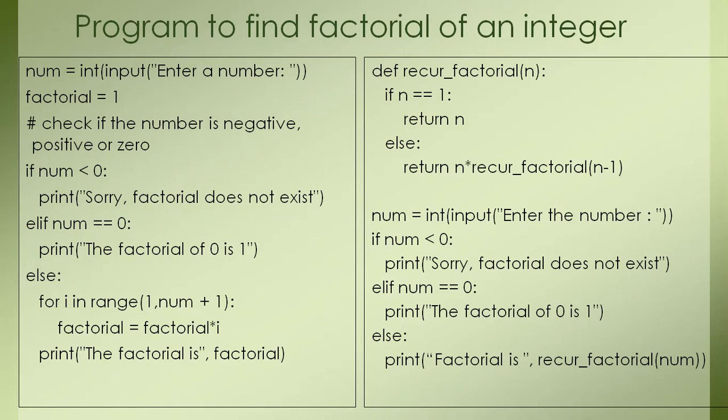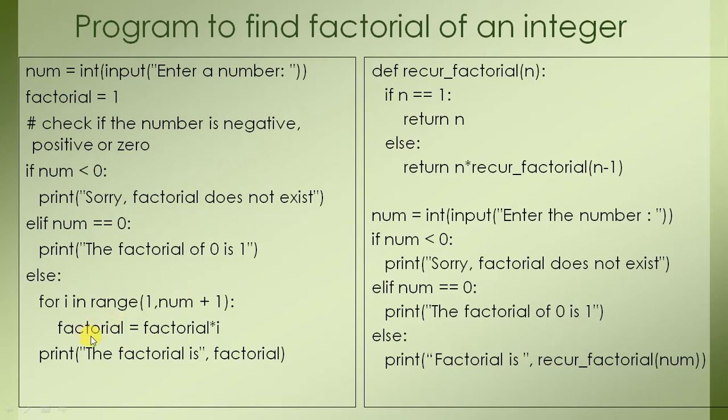You have done it without recursion in class 11th. That approach has been displayed here in the first frame. You can see you have entered the number, then you will check for it being negative or 0, and then you will go for the positive case, and then you will apply a loop from 1 to num plus 1, because the range function goes up to length minus 1. That's why we have to write this num plus 1. Okay, then only the loop will move up to num.